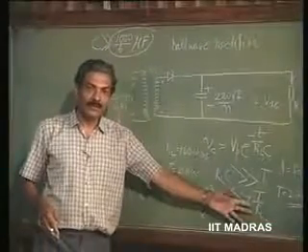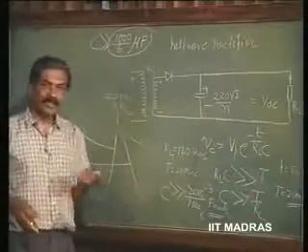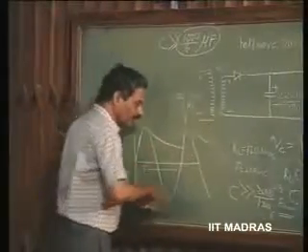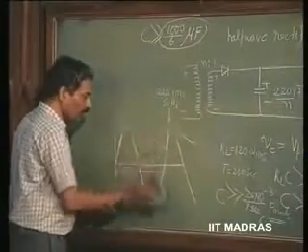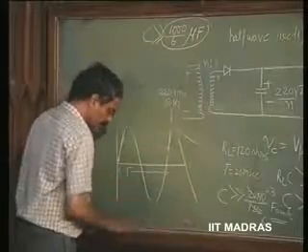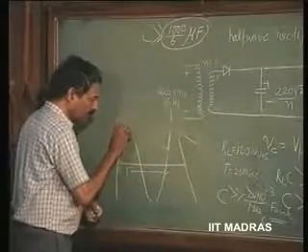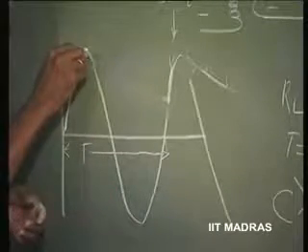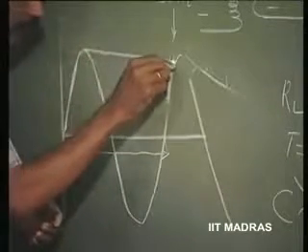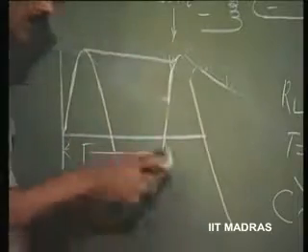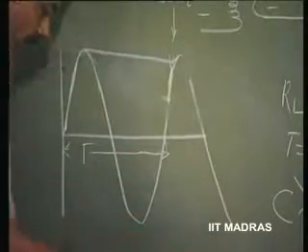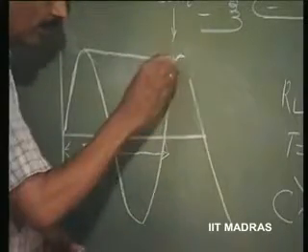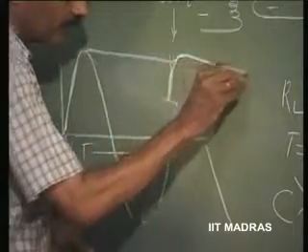What does it mean? The amount of discharge is extremely small. That means this is not going to come down this much at all. It will be as good as remaining almost equal to Vp. So, this is the way discharge is going to take place, almost equal to Vp. The amount of discharge is extremely small and it is going to remain like that.